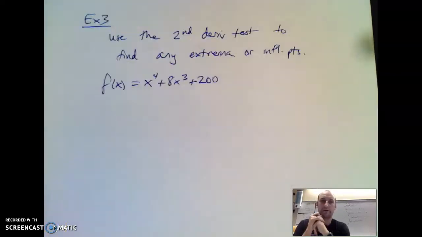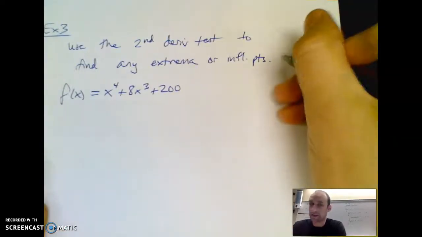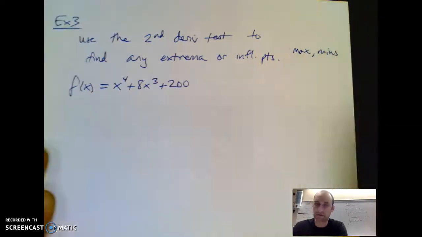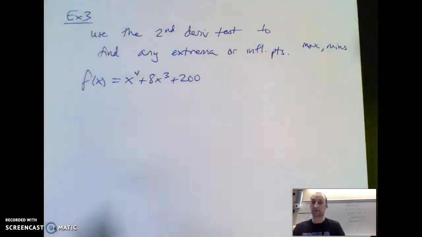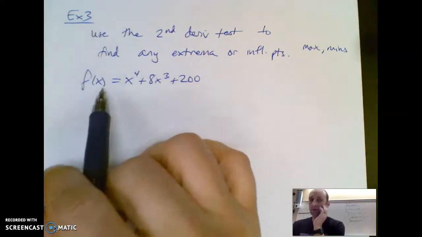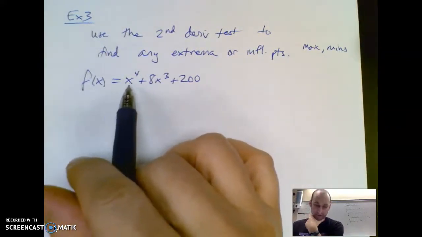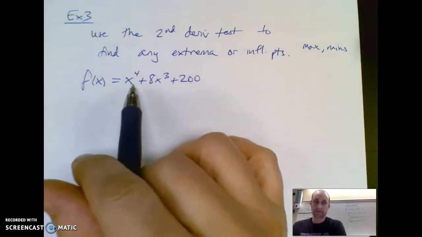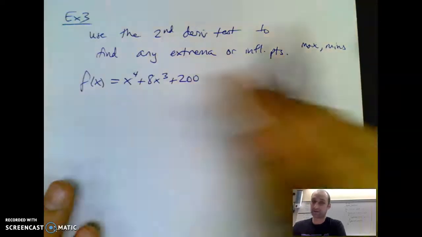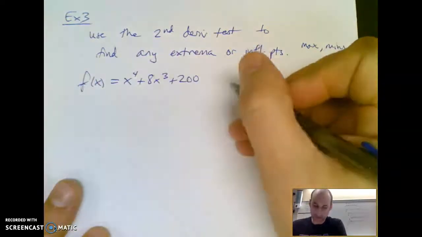All right, so here's the question. Use the second derivative test to find any extrema or inflection points. So we want to find them, and we want to say whether they're max or mins on our extrema. So here's our crazy equation. You wouldn't want to graph this thing to find them with your graphing calculator. So if I have x to the fourth plus 8x to the third plus 200, and I want to find all my max and mins without having to graph it, well, I know